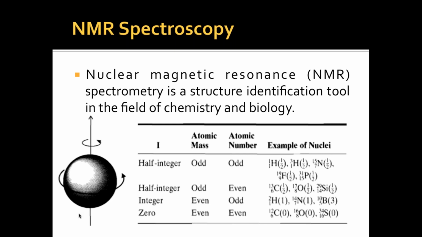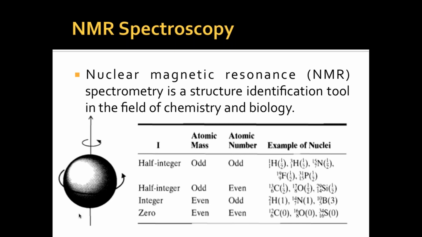Now what does that mean? In the parenthesis next to the nuclei, you can see half, right? What that half means is the nuclear spin number. So the nuclear spin number should be half, or 3 halves. But if it is 0,